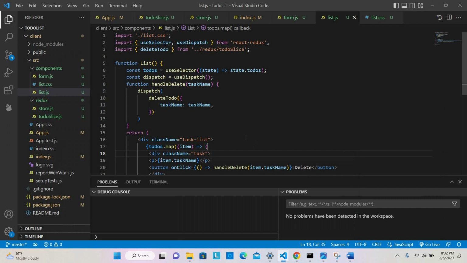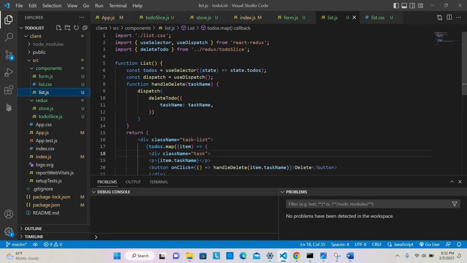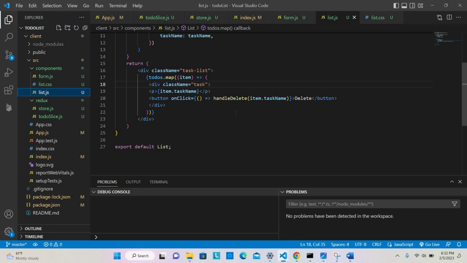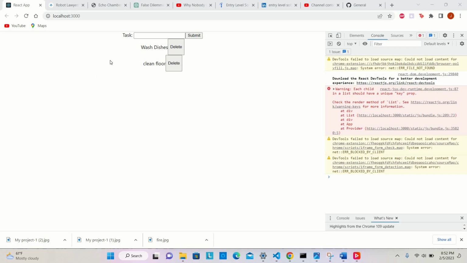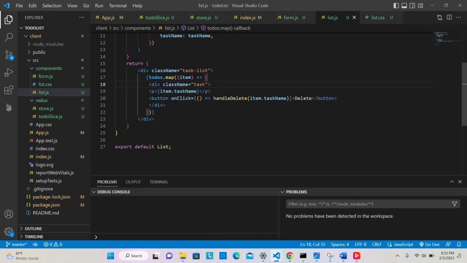Yes, that's how you program the delete function, by having its own function and having its own reducer in Redux, then importing it into here. So yeah, that's what we'll do for now, and then probably get to CSS next. One last thing to do here actually is to just add the checkbox here so that when the task is completed we can mark it off, and that's very simple. We'll just simply go into list